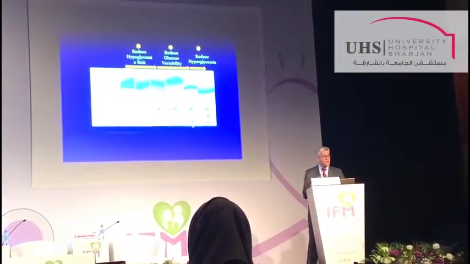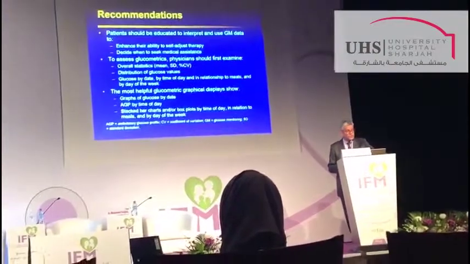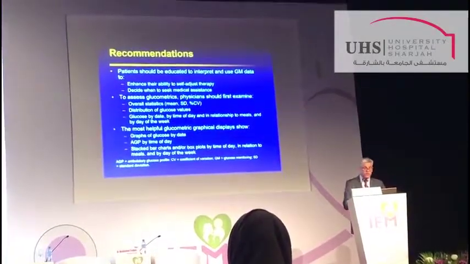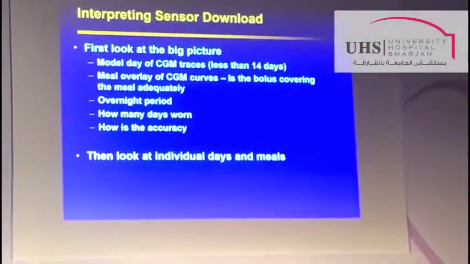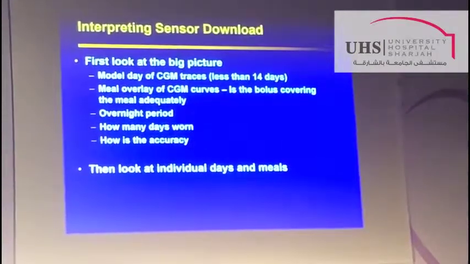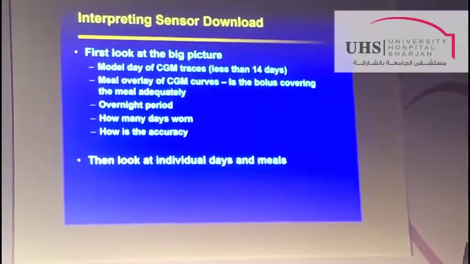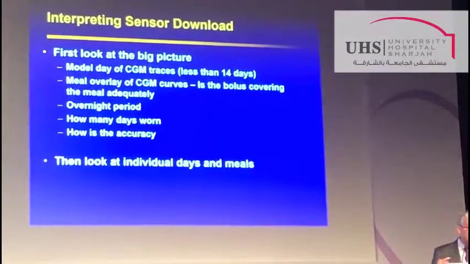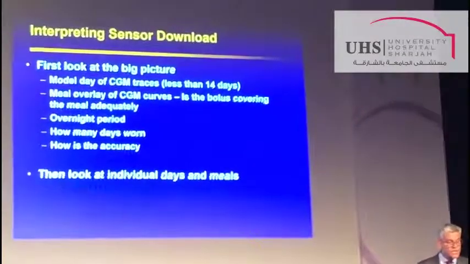We know that if patients have hypoglycemia, they will have what we call reactive hyperglycemia because of overcorrection. So the recommendation is that your patient should know what they are doing and should be educated, and we have to educate ourselves. We have to look at the common picture as a picture, okay? What's the interpretation of the sensor download here? First, look at the big picture, which I showed you: the model day of CGM traces, the meal overlay of the CGM, then the overnight period, how many days the sensor has been worn, and how accurate it is. And look at the individual day and